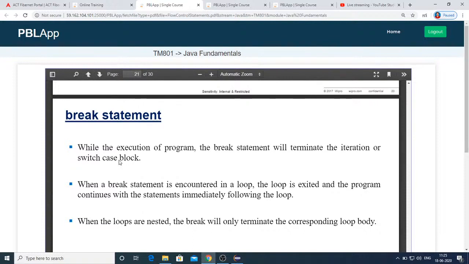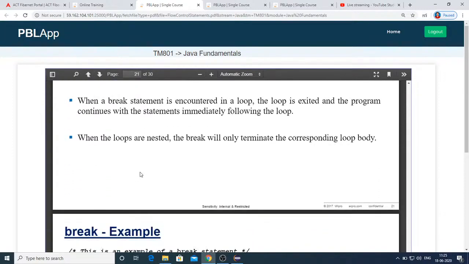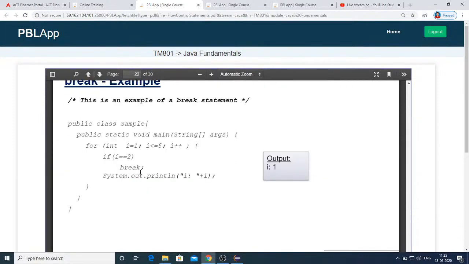Whenever a break is encountered, the control comes out of the nearest closing brace, and the subsequent statement that starts from the nearest closing brace gets executed. That's what the break statement is about.